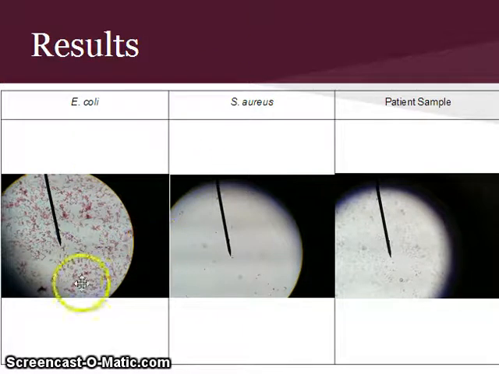So here are the results. Here you can see E. coli after a gram stain. And E. coli is a gram-negative bacteria, and hence you can see a pinkish color. And I'll zoom in later and show you a bigger picture. And